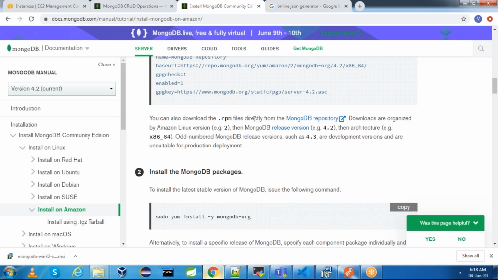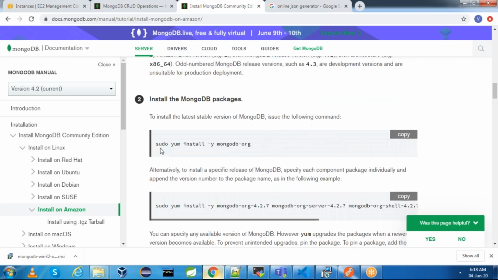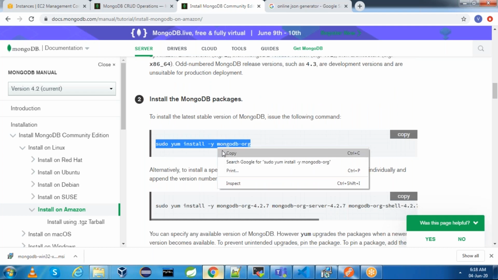Now, if you want, you can download the RPM file directly, but I am doing it using the repo file. You can prefer the RPM approach also. Next, install the MongoDB packages.